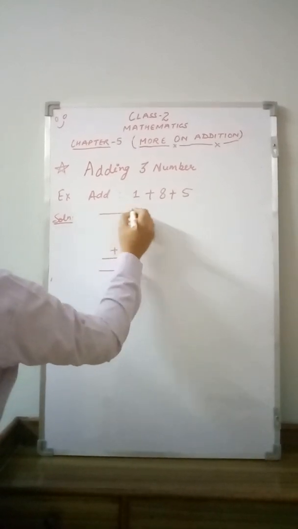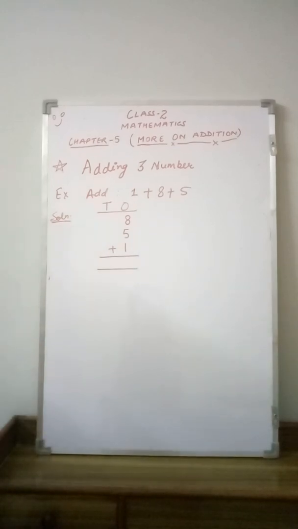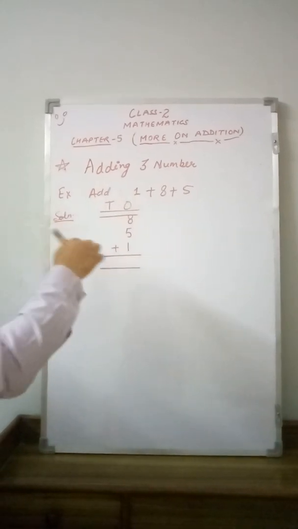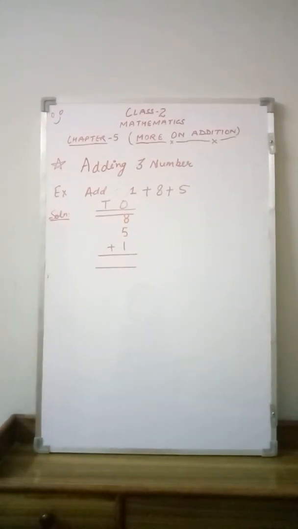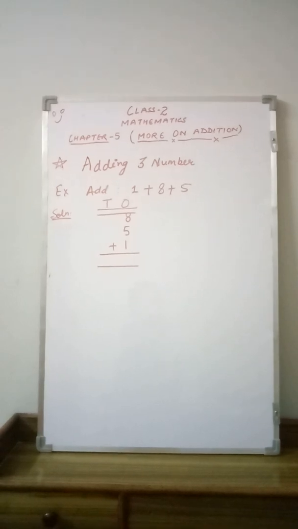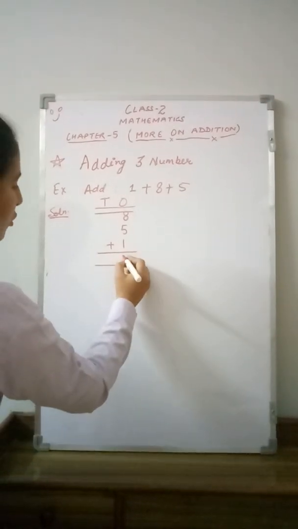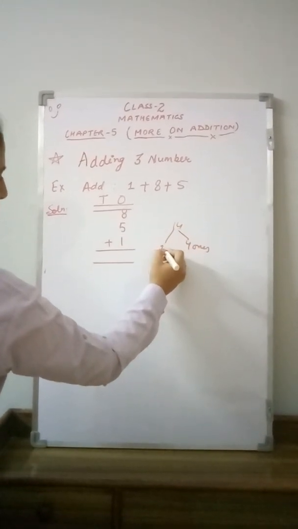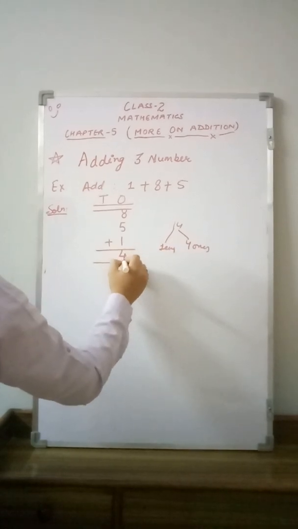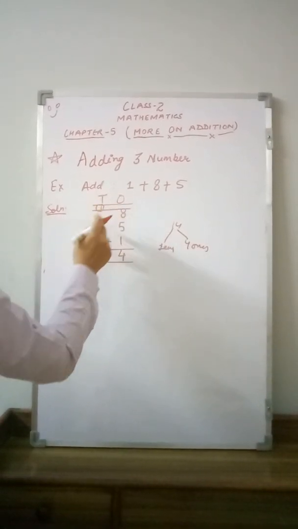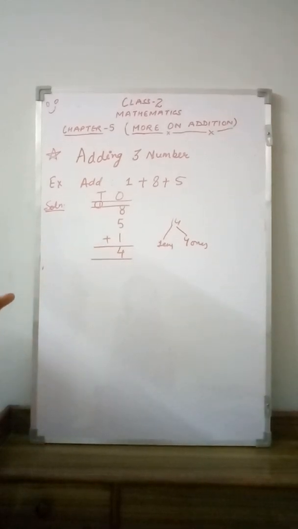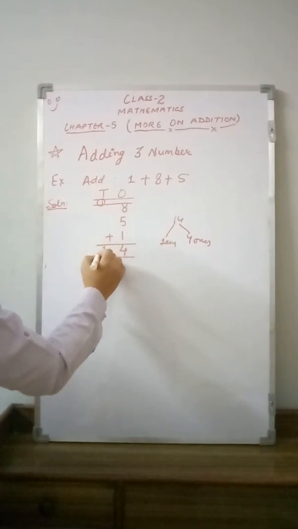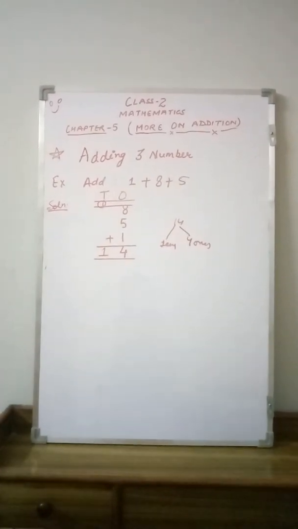Right student? So this is the ones place. Make one more column, because maybe the sum is more than 9. If the sum is more than 9, then we have to carry that number to the next place. 8 plus 5, count on your fingers, is 13, and then plus 1 becomes 14. So 4 is on the ones place and this 1 is on the tens place. Student, you can see there is no number here, this is blank because these are one-digit numbers. So you can note down this 1 as it is. So the sum is 14.